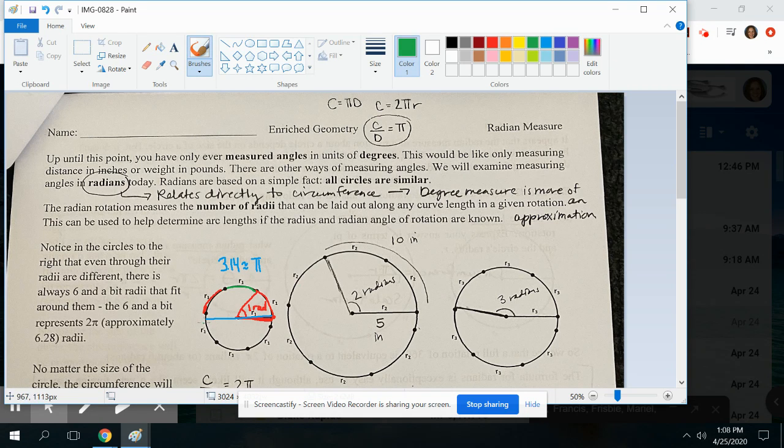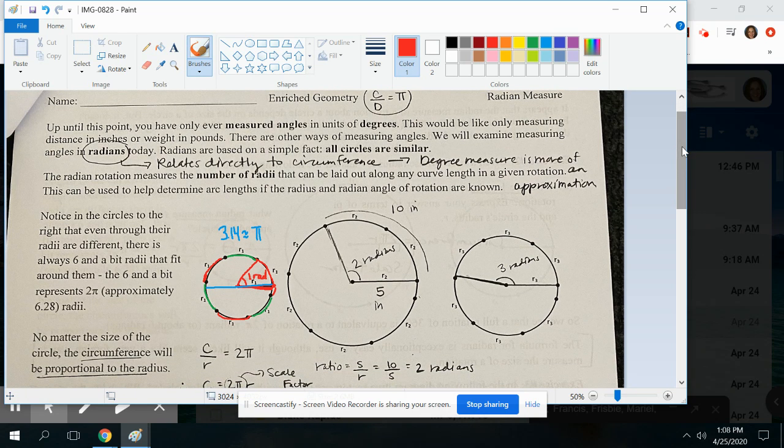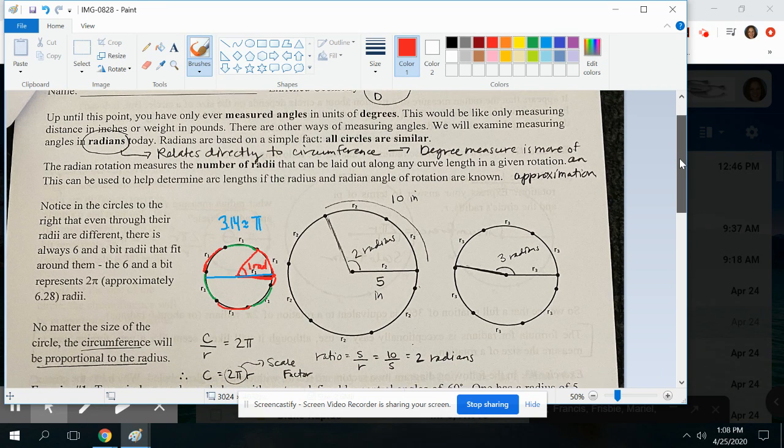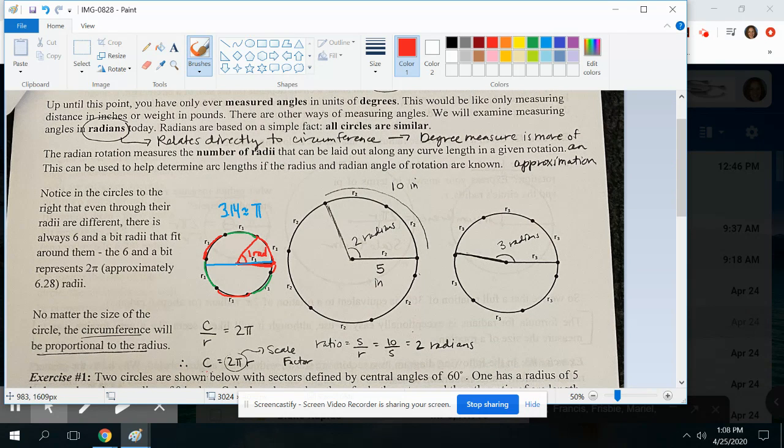So if I continue this pattern, I now have 4 radians, 4 radii that fit across. 5, 6, and a little bit more. So just a little bit left over. So a full rotation around a circle actually gives you 2 pi. That's exactly where the circumference formula came from. The circumference is 2 pi times the length of the radius,